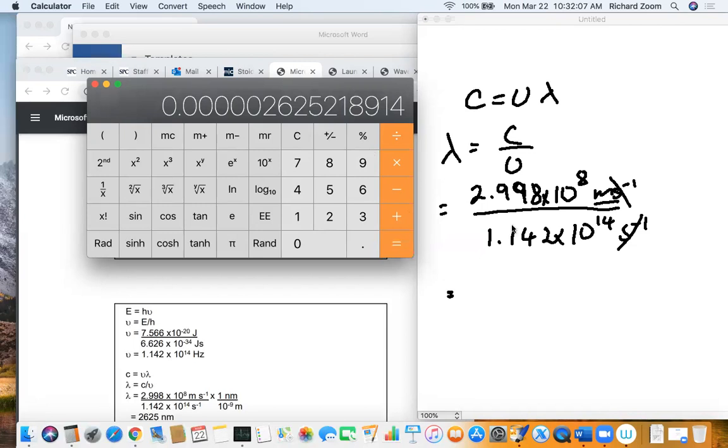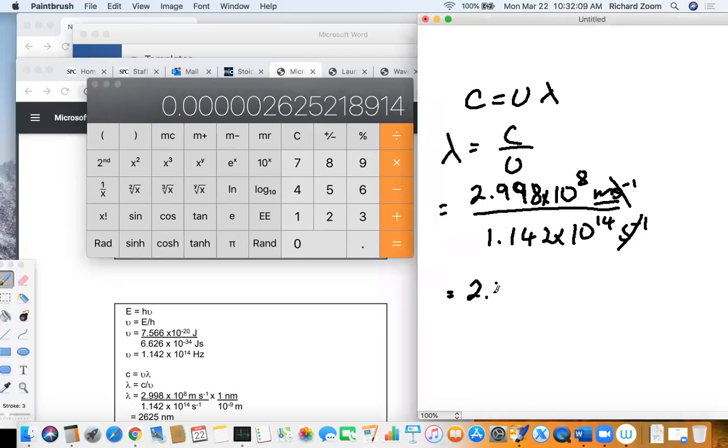And you can see that would be 2.625 times 10 to the, let's see, 1, 2, 3, 4, 5, 6. So 10 to the -6